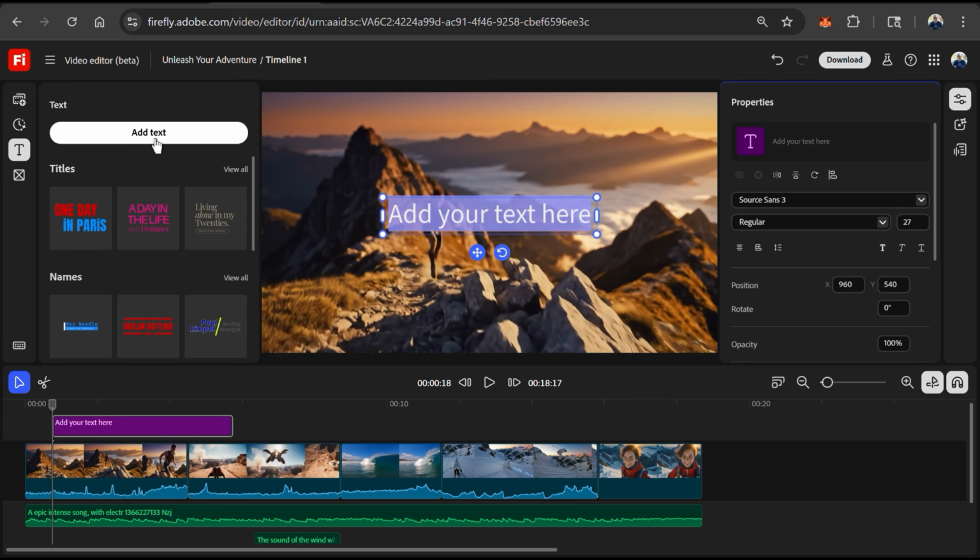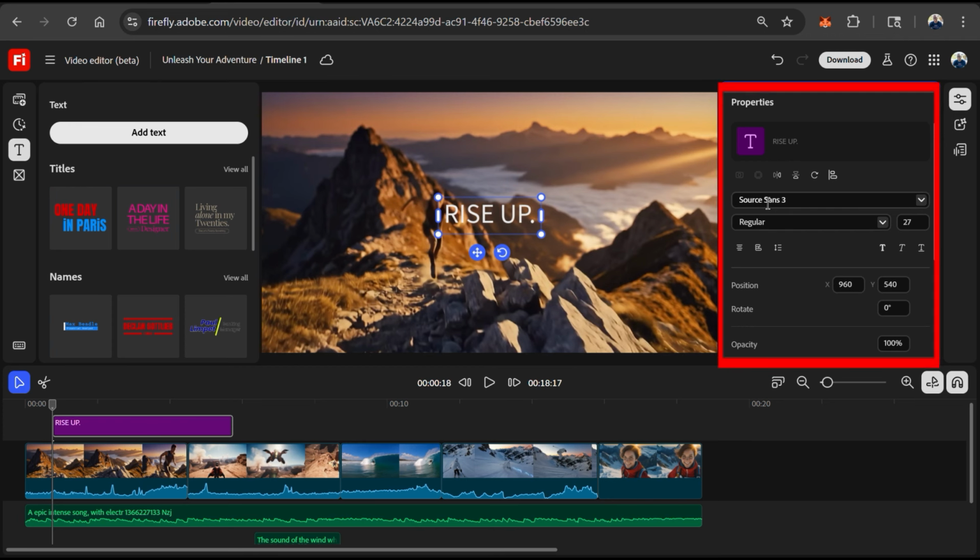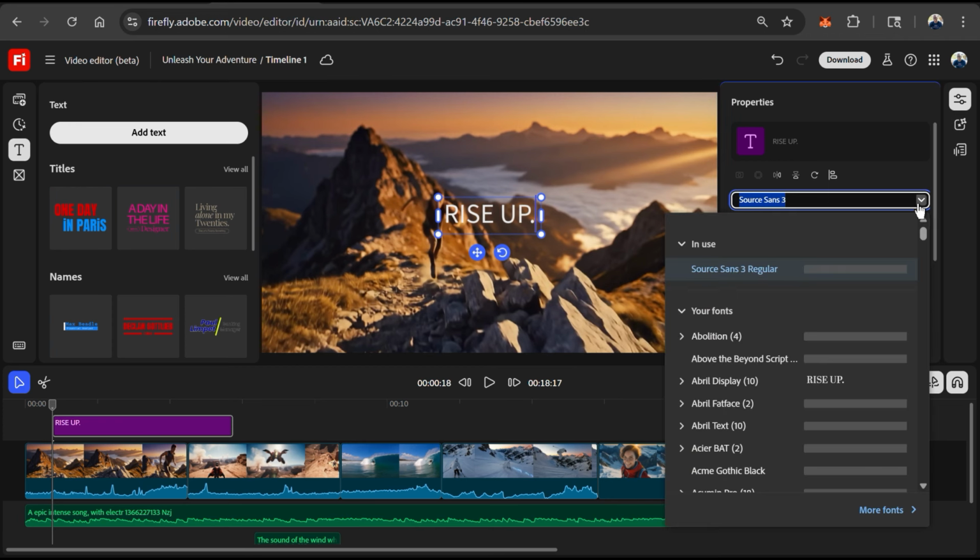And a new text element will be added to your timeline. To change your text, simply select it and type in whatever you want it to say. For my first text element here, I'm going to have it say Rise Up. And from the Properties menu on the right-hand side, you can change your font, your text style, and even add